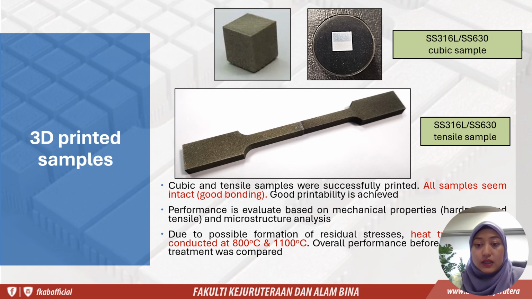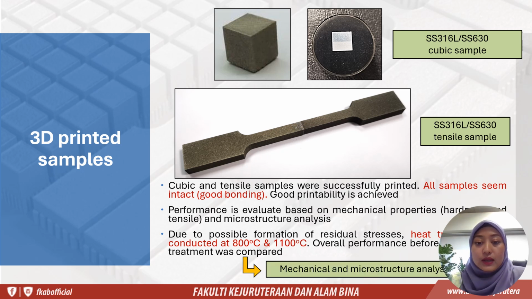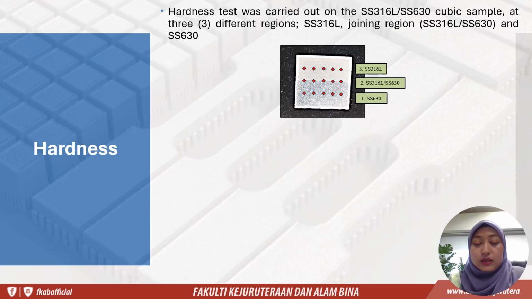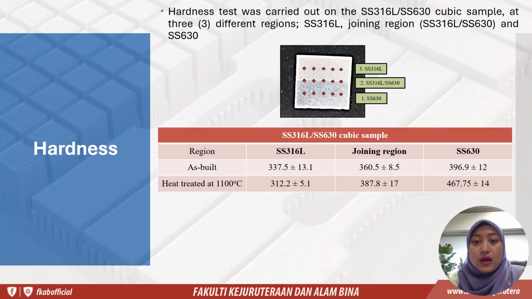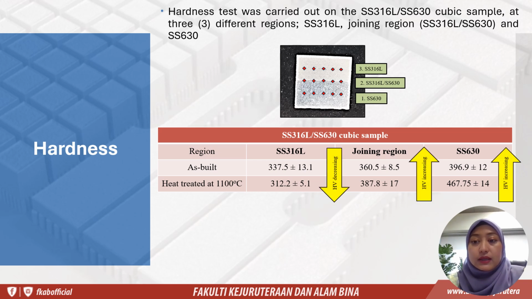and also microstructure analysis. Due to possible residual stresses, heat treatment was conducted at 800 and 1100. So we go to the next step, which is mechanical and microstructure analysis. So this is the hardness test. When we compare 316L and 630, 630 has higher hardness due to its martensitic structure